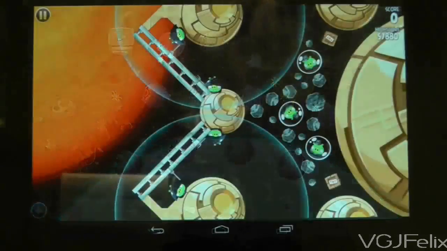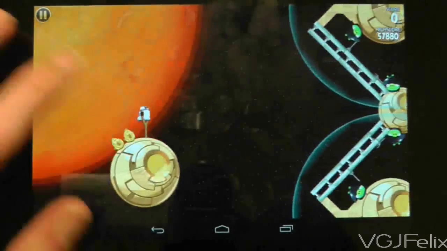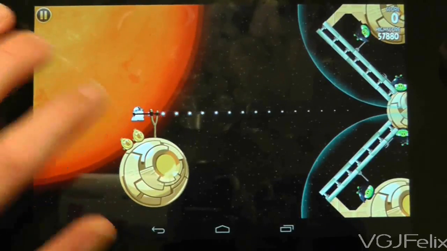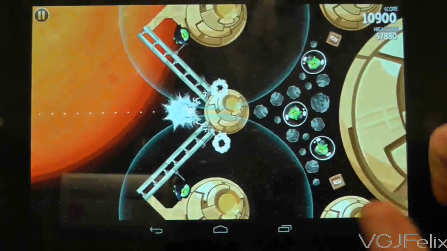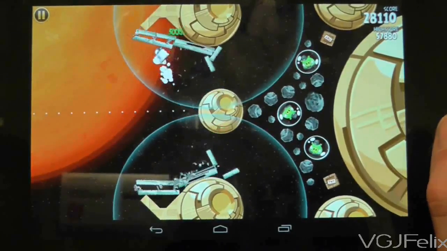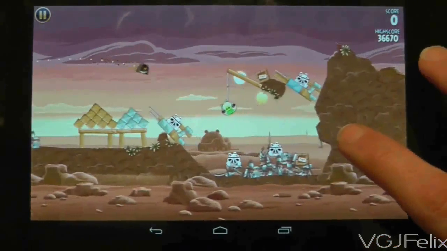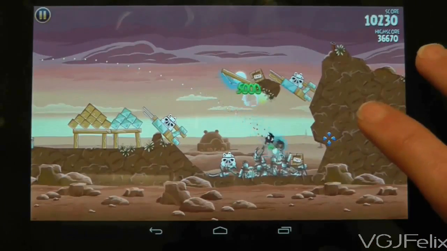Hoth levels are coming soon, but you'll have to start paying money for Return of the Jedi action. There are also gravity-free levels like this one, where you can use C-3PO and R2-D2 birds to progress through the level. So yep, this is pretty much everything and anything you would expect from such a title, and it's absolutely